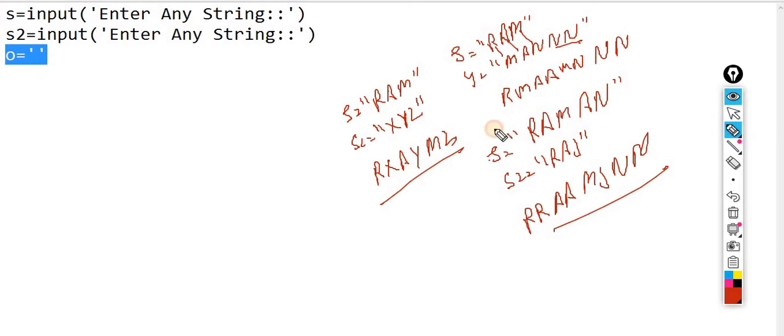The user can enter this case, or the user can enter that case. The choice is the user's, so we have to take care of both cases. If I code only for this, then the first observation in my mind is that I have to use the length of this one. If I think of the code for only this problem statement, where the user can enter only this, then I would execute from the length of string one. But this code will not fully manage the problem. So what do I have to do?